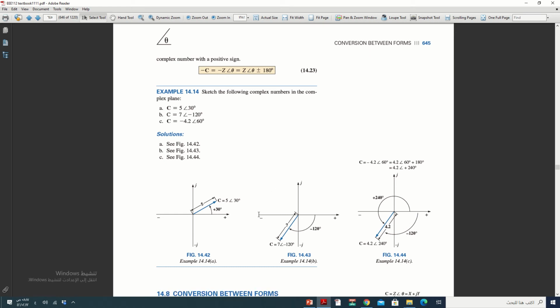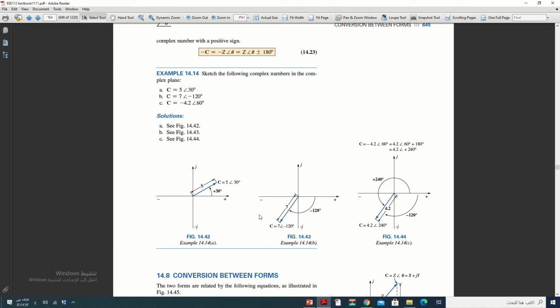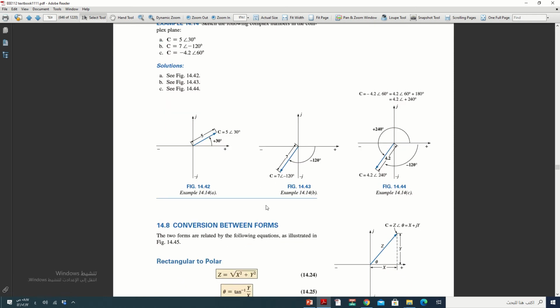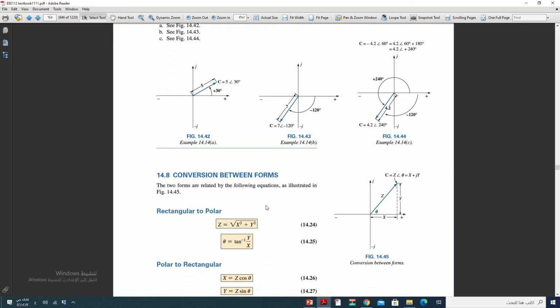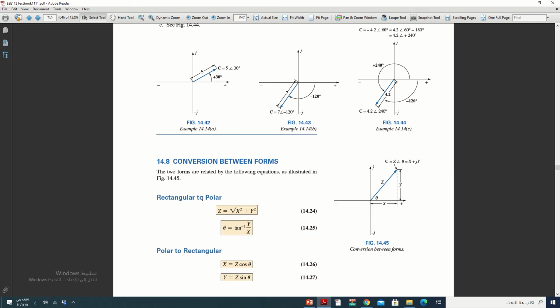Okay, now in our course we need to convert from rectangular form to polar form or the opposite. How to convert this number from rectangular form to polar and from polar to rectangular. Okay, z equals,